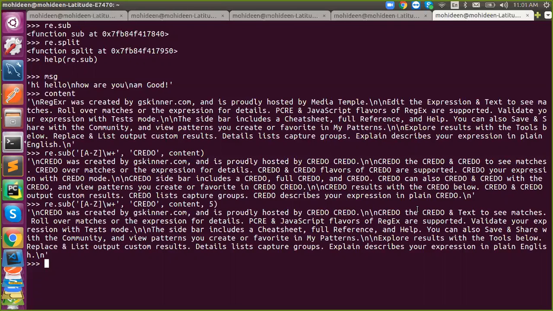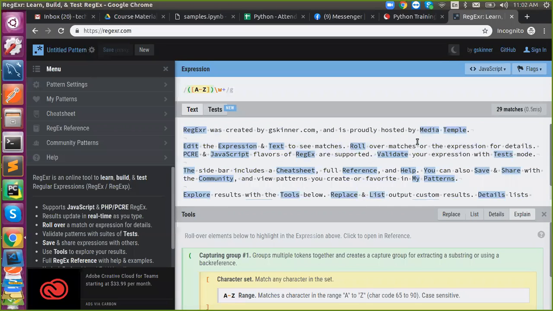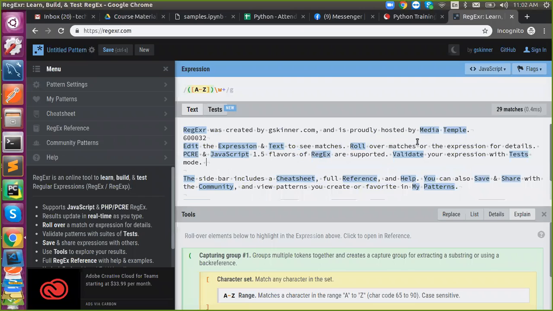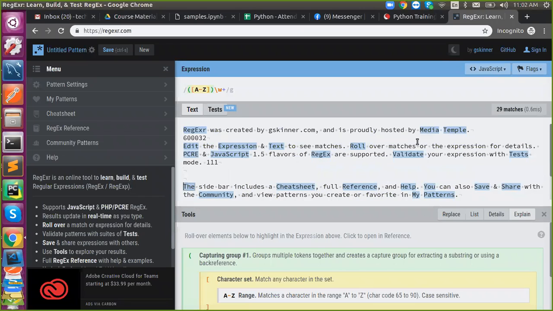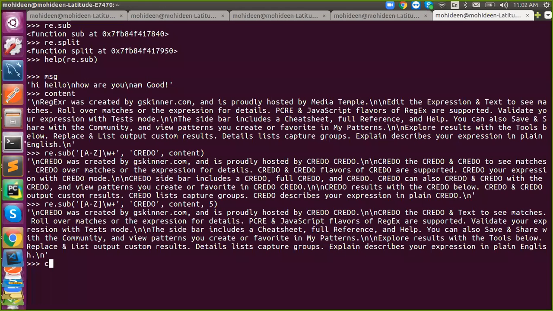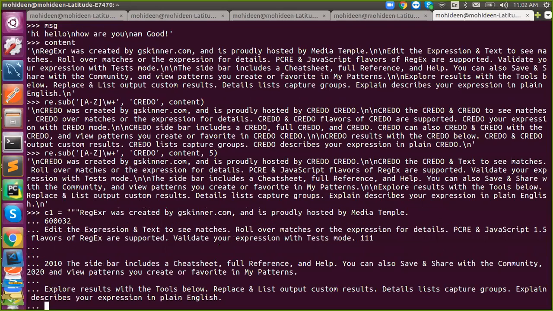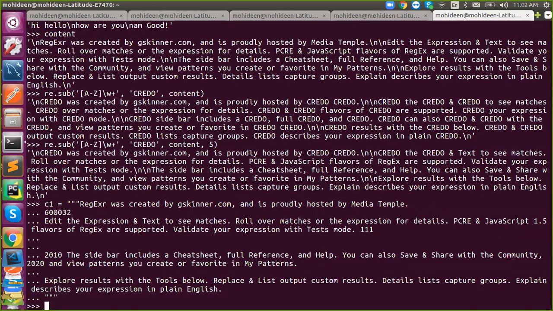So just assume my content contains numbers, and I want to remove all the numbers from it. I want a number, so what to do?